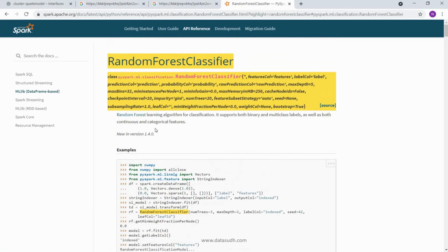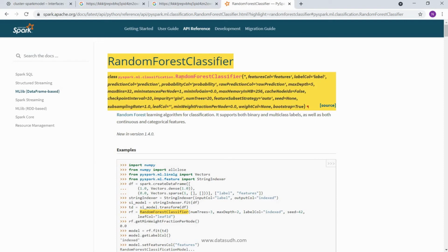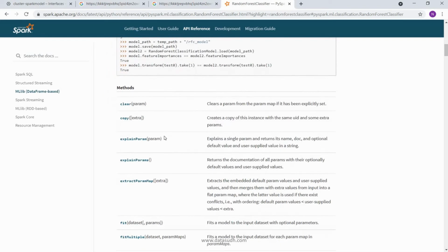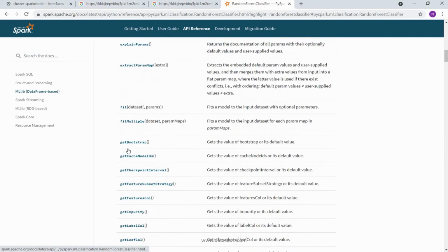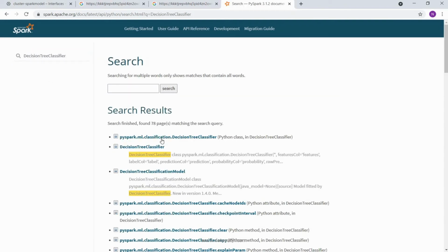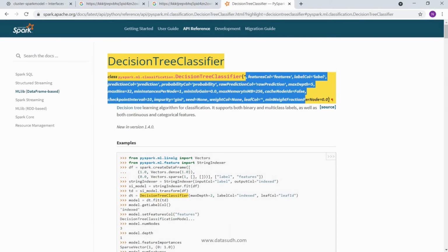Click on this. Now when you go to this and read this complete API document, this will tell you what all inputs you can pass, what all you can control while you are training this model with this particular ML algorithm, and how you can actually pass those inputs, how you can use those methods and parameters which are allowed. Everything you can find in this API docs. And similarly, if you check for decision tree classifier, even for decision tree classifier, similarly you can find everything here.